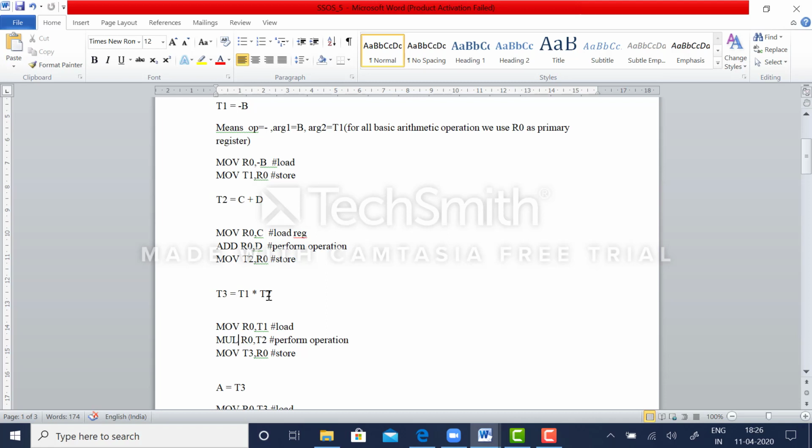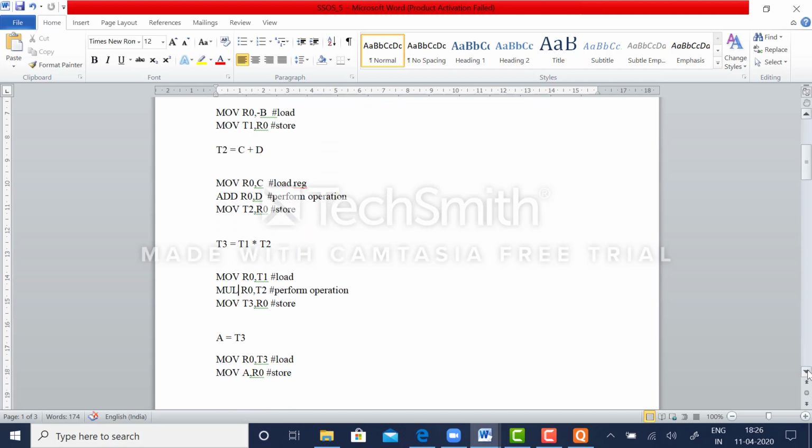Once the multiplication is performed, the result of the multiplication will be stored in R0. So this has to be again moved to a temporary variable t3. So in this step you are storing the result of the evaluation of the arithmetic expression into the temporary variable t3.